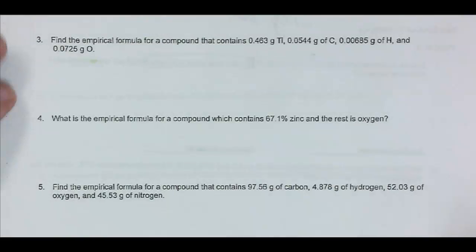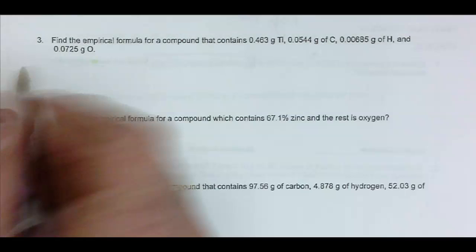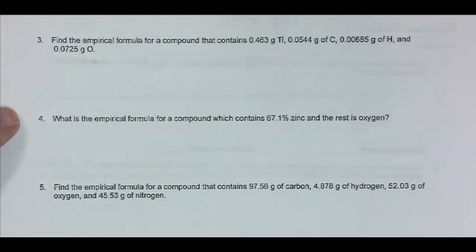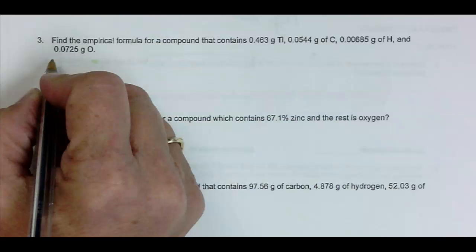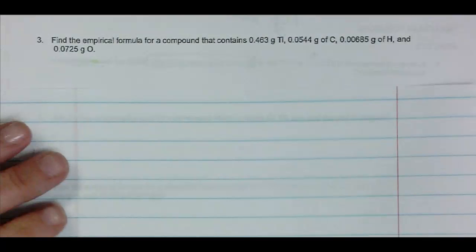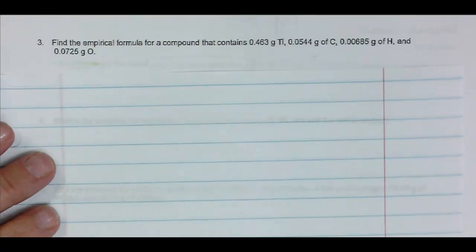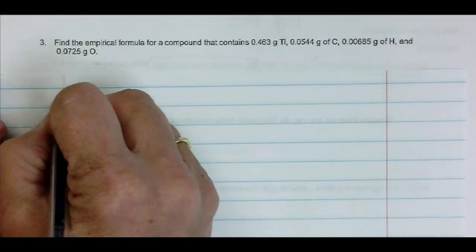So I'm going to go ahead and get started on 3. We are doing the empirical formula. This is thallium, carbon, and hydrogen and oxygen. So this one actually has 4 that we're working with. So I'm going to try to put it on here. Actually, I think I am going to go ahead and get a piece of paper to write this on because I just write too big to put this all on there. So I'm going to go ahead and get a piece of paper. And let me just get my given written down, and then we can kind of get rid of the book there. So we have